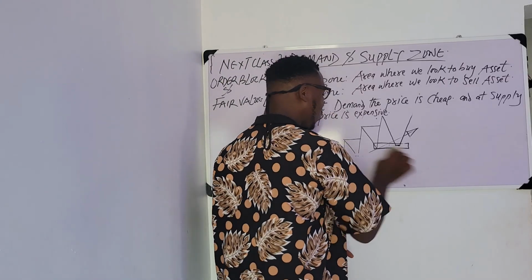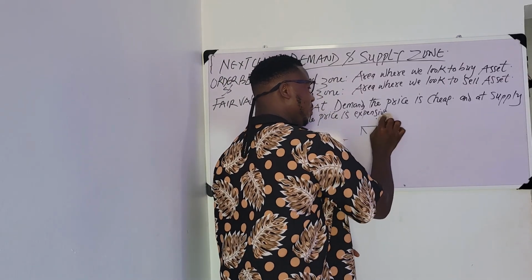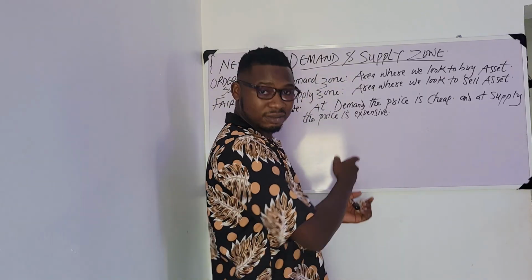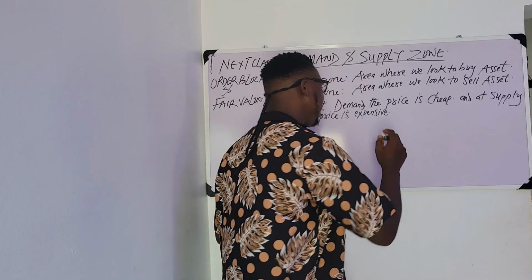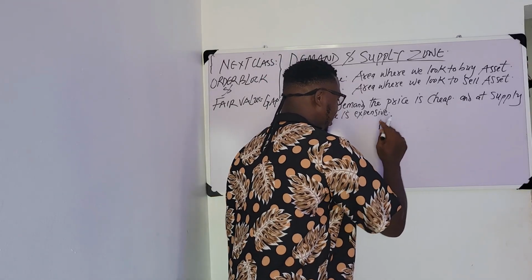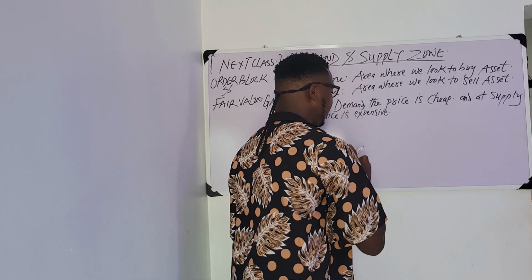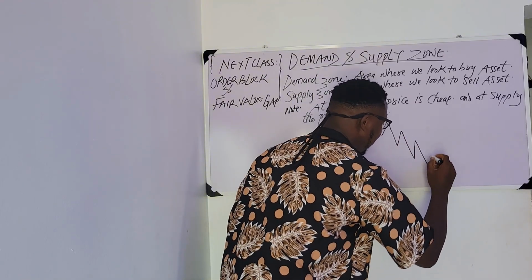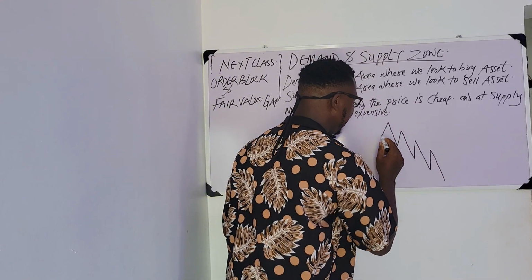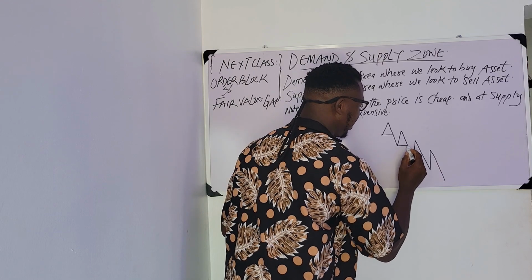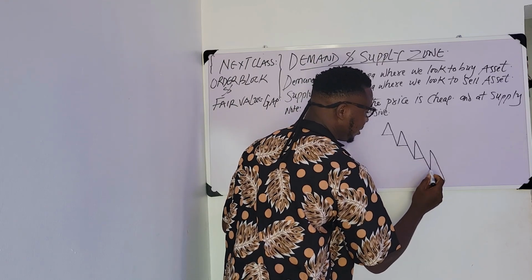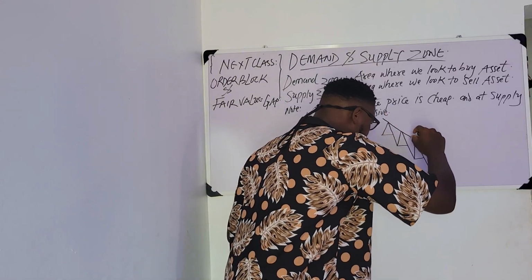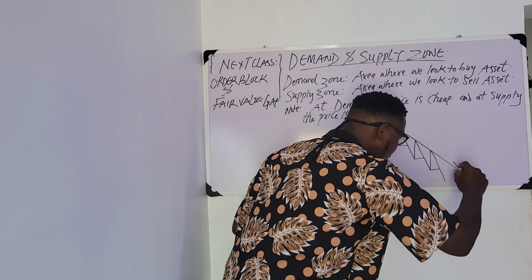Then for bearish or supply zones, it is simply the opposite of the demand zones. So let's say a bearish market. Let's break to the downside, break to the downside, break to the downside. You see how it's breaking to the downside. This is break of structure to the downside, again and again. You understand? So when you use a trend line to join all these levels, you see that it is